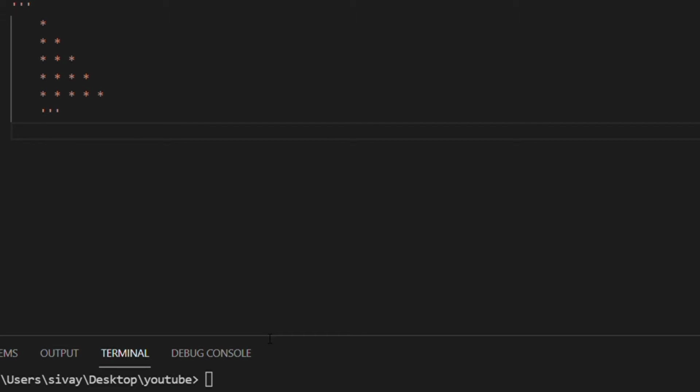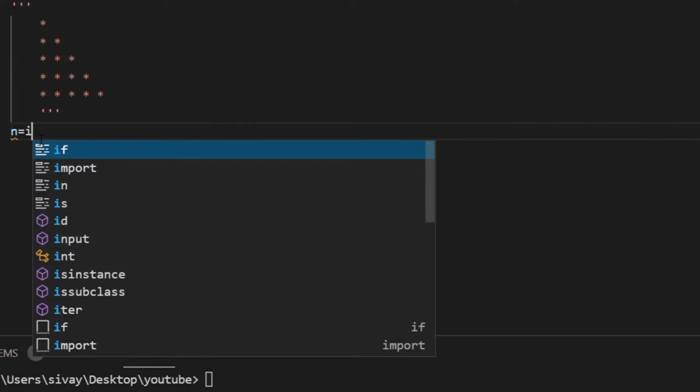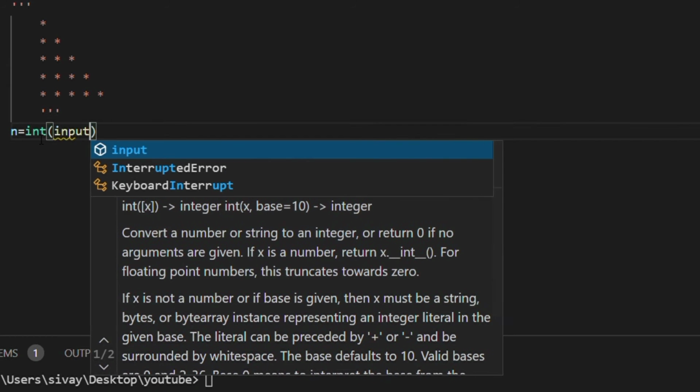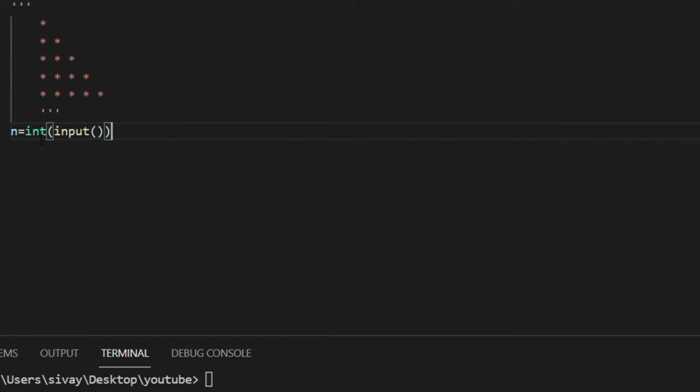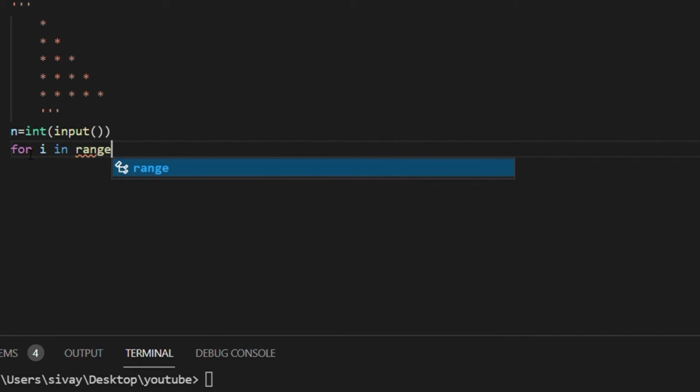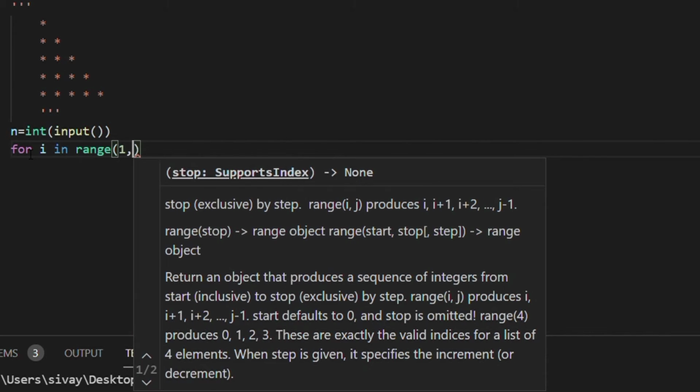Let us print our pattern using code. At first, we will take input from the user: n equals int of input. Next, with this n, we have to print n rows. So, for i in range of 1 to n plus 1,